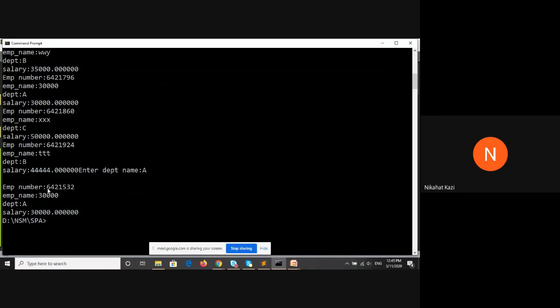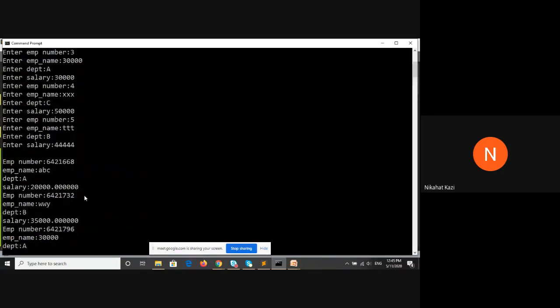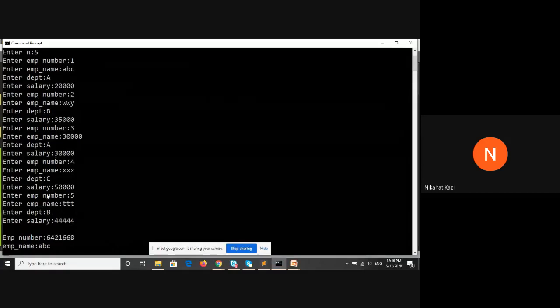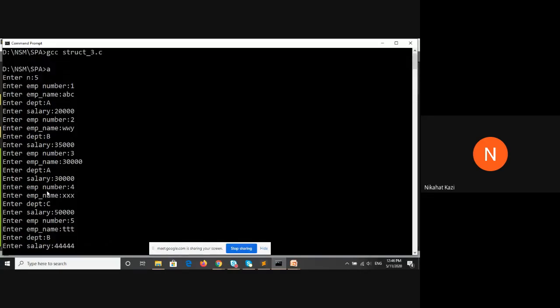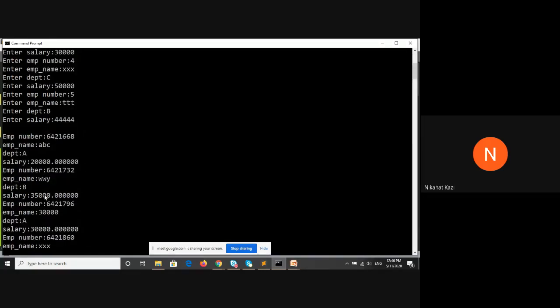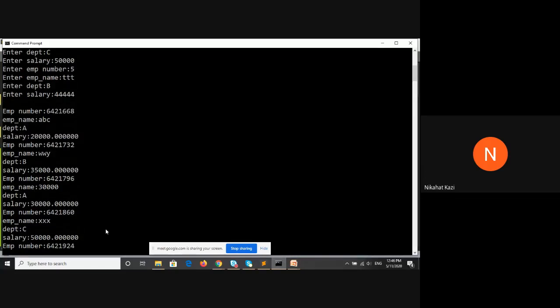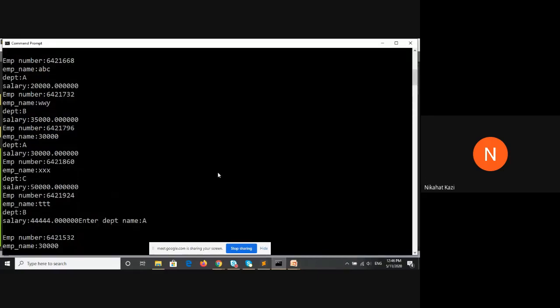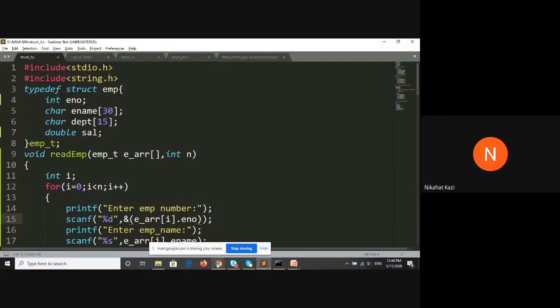The only thing is this was garbage, because the highest salary was 30,000 for department A. If you see in these records, the highest salary for department A was 30,000. I just jumbled this up, so the employee numbers were garbage everywhere because I forgot to write into the employee number. Any doubt so far?